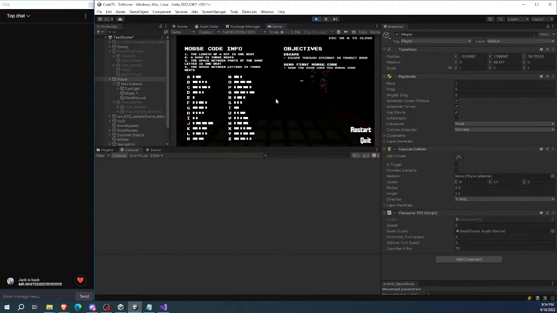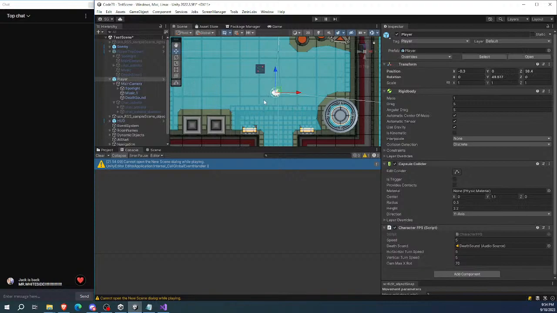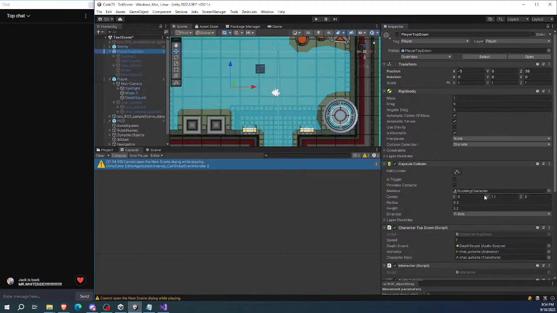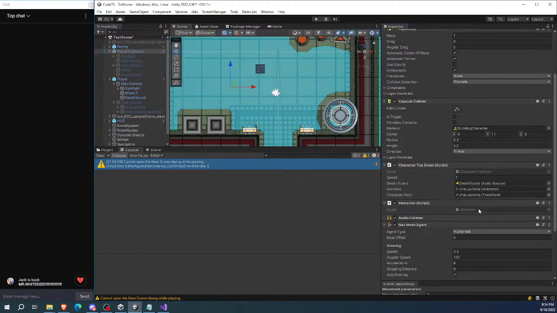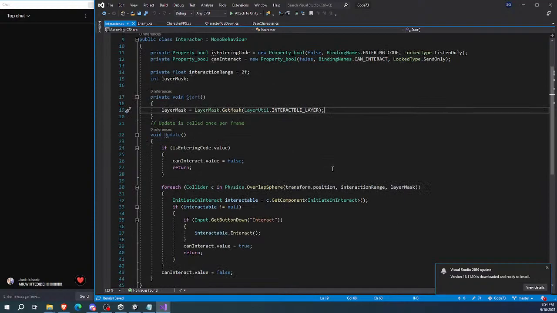Yeah, this is different. So, what's the verdict here? I guess I gotta play it a little bit more. But let's just make speed 7 for now, just to make it workable. All right. I don't have an interactor. That's the other part. Okay, so interactor. How does this one work again? Update, overlap sphere, interaction range. Interact there. Okay, so